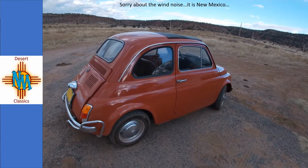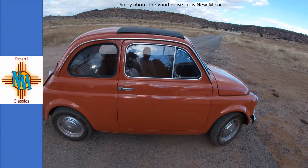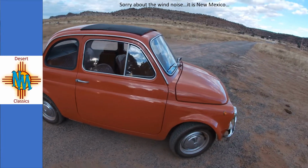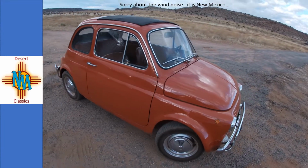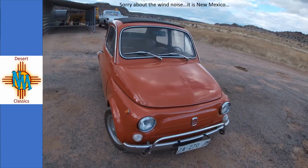So this is Pia. Pia is a 1971 Fiat 500 Lusso. That's what the L stands for. She's very luxurious. So Pia was a project that I took on with my buddy Roberto Quattrin while we lived